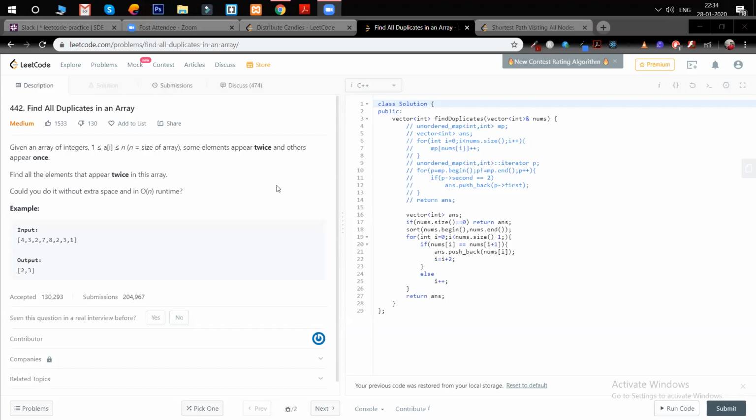Could you please repeat? I didn't get it. We're already getting which numbers we got twice, right? No, we don't know whether it's twice or zero at this point. But what if I place a condition that I'm not even making it positive once it occurs again? My question is, why are we making it positive? For the first iteration, when I get to the second time, I already know that